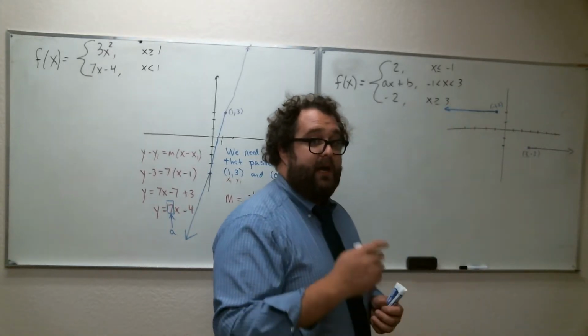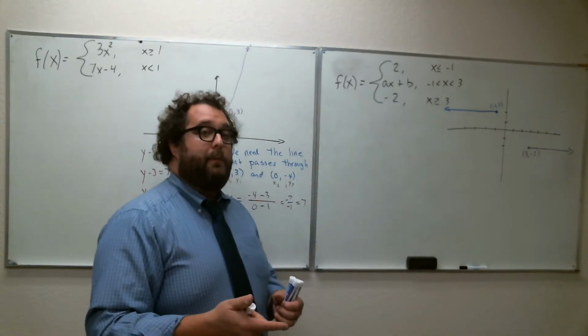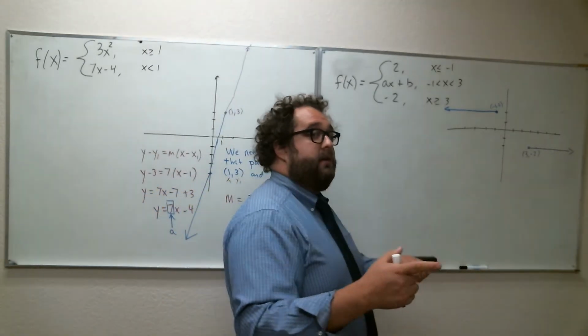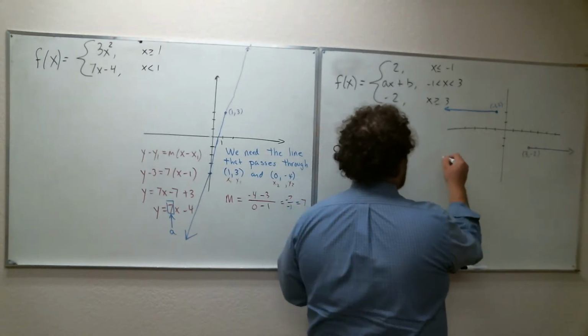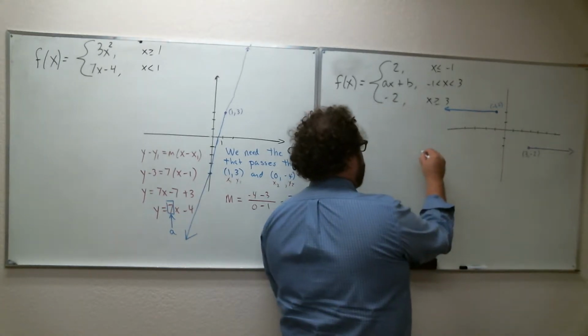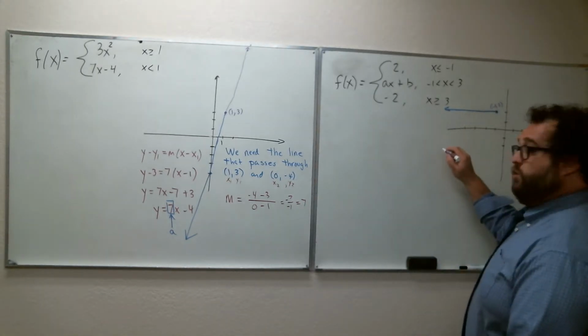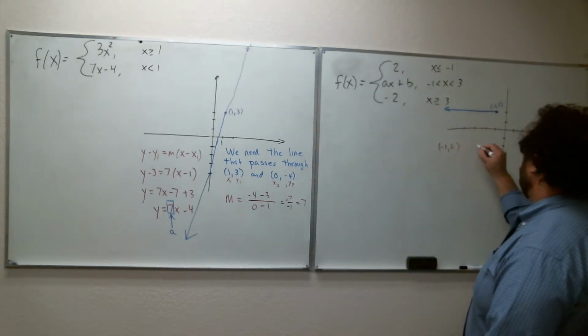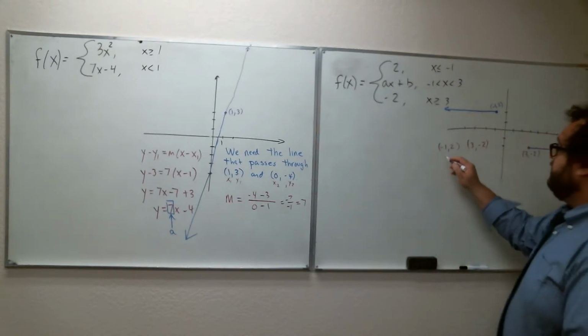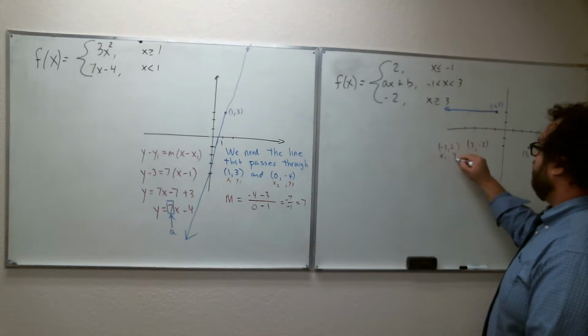Label your points, apply the slope formula, apply the point-slope formula, then convert to slope-intercept. So let's see. We have -1, 2, and we have 3, -2. Let's label the points. x1, y1,